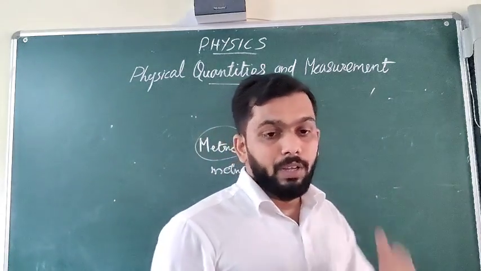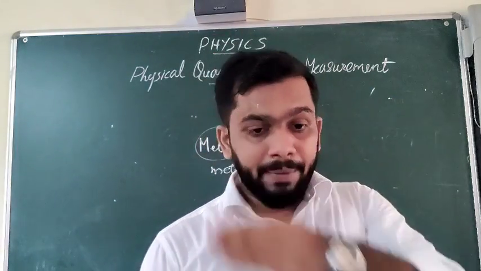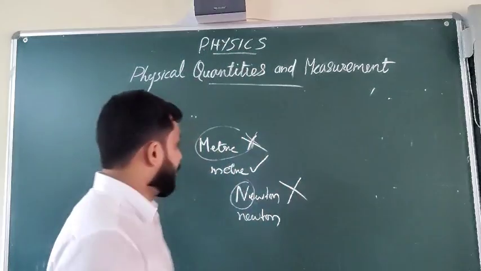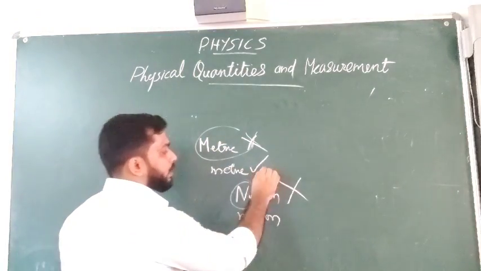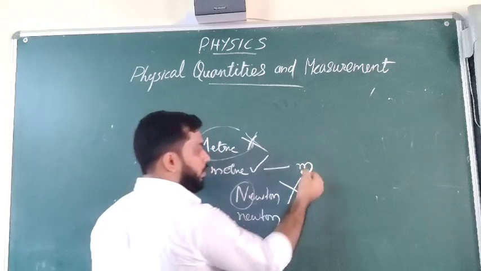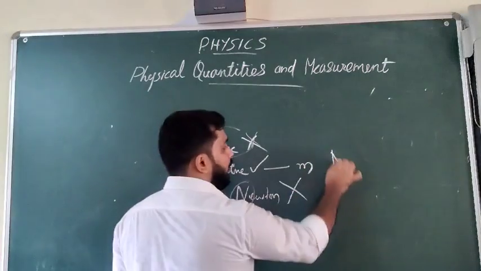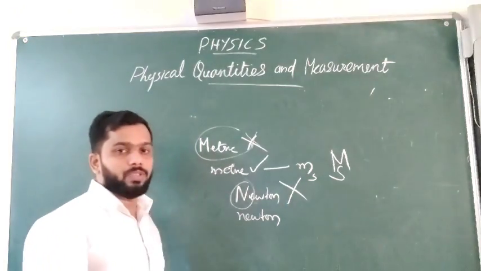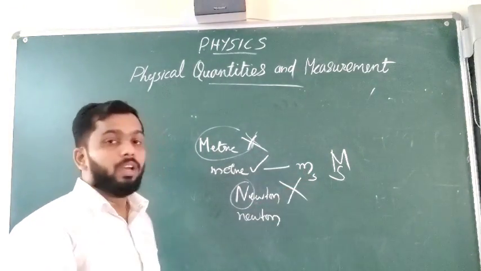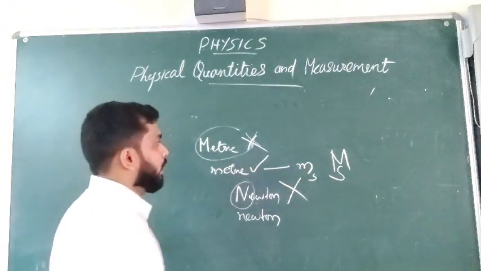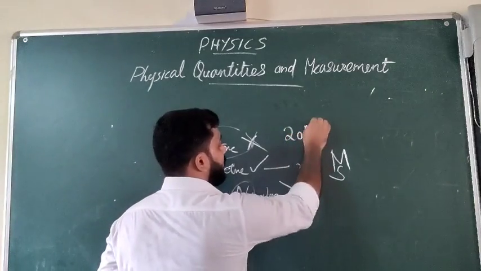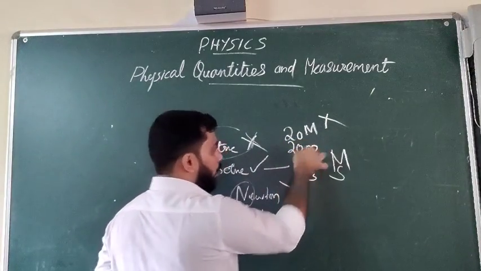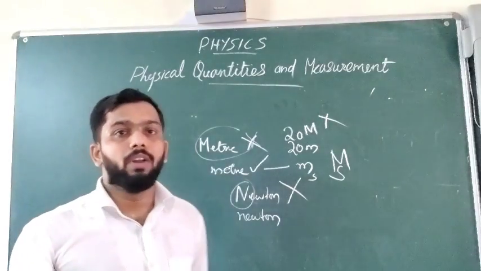Then the next one is unit symbols. The symbol of a unit is normally written in small letter. For example, meter, we already know. This is the correct word. We will use the symbol also for meter. We will write small letter m, not capital M, and second as small letter s, not a capital S. If you are getting an answer 20 meter and you write capital M, this is wrong. You have to write 20 small letter m. Then only that will be correct.